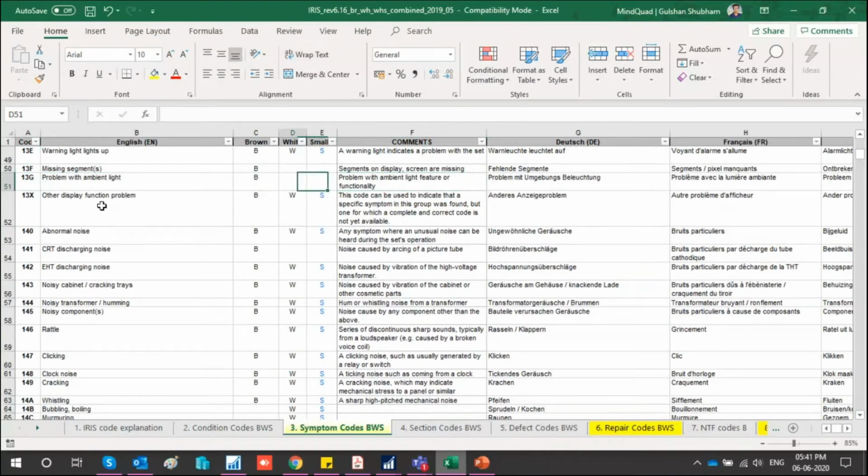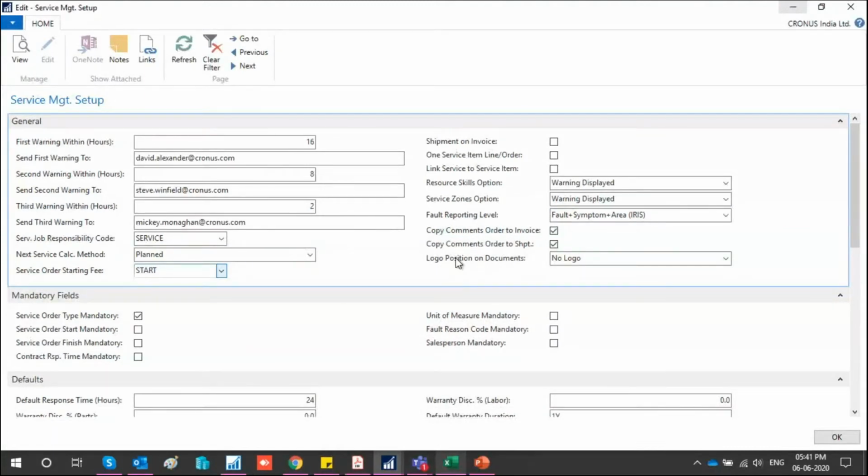Everything is defined, because when you're working with people to whom you're providing these kinds of services who are overseas, there has to be a common platform, a common language. So IRIS gives us that common language. This is the complete master which I have downloaded from the official European Union site. I will share that also, and I'll explain that in the next session whenever we schedule it.